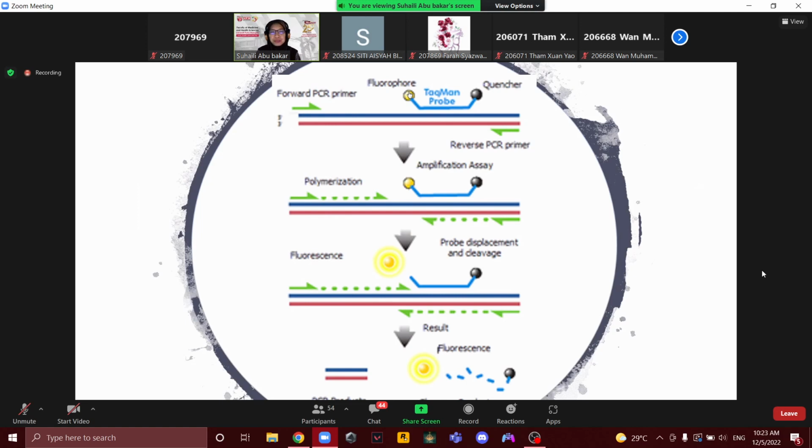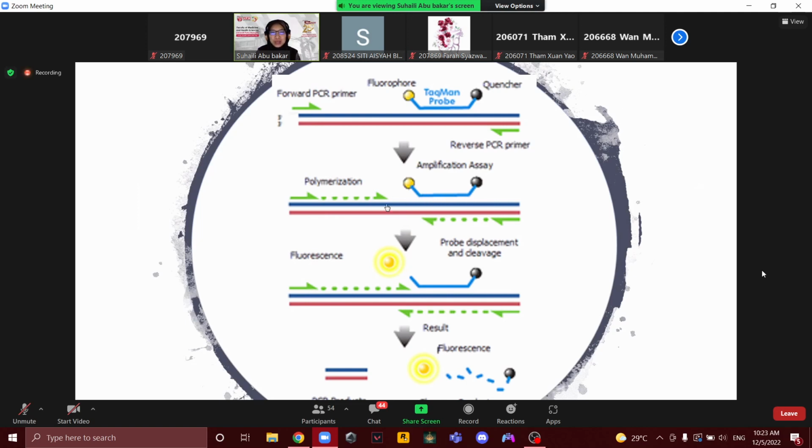That's why reporter. Alright. So as long as they are still in proximity, maksudnya close to each other, dia tak anneal lagi, this quencher will inhibit signal from this fluorophore. This fluorophore tak boleh signal lagi kalau dia masih berada dekat dengan quencher. And then polymerization continues